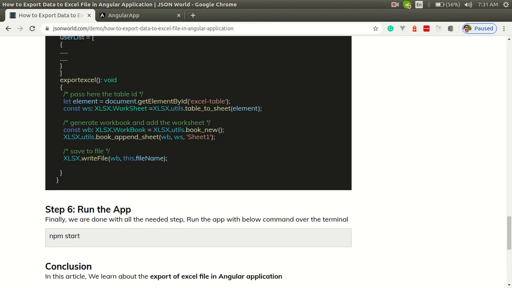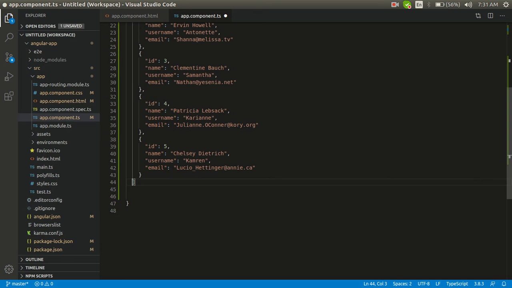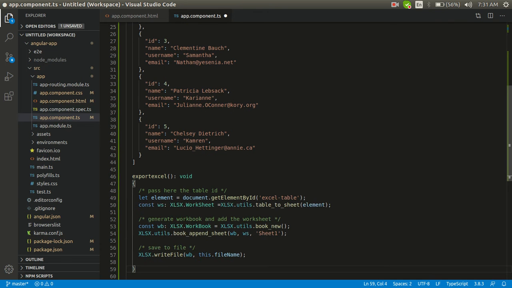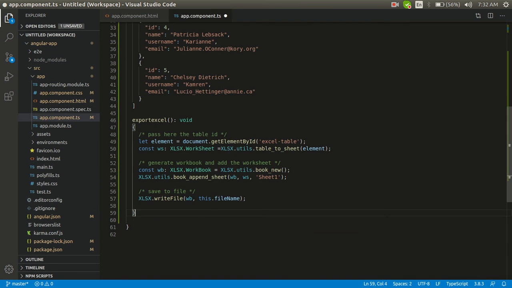And now the next thing is to define the method which will actually perform the task for converting the data into the Excel file. So you can see in the template part here we have a button which will be called after clicking on this button, and after calling of this button we are getting the data from this ID.